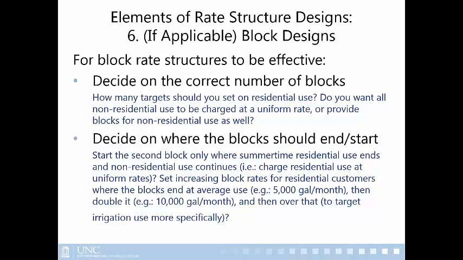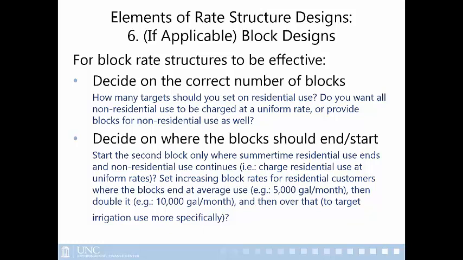So looking at the block rate structure designs, here are some of the questions that you have to consider. You need to decide on the correct number of blocks. Do you put 15 blocks for the residential customer class, or do you put 2? The more blocks you put, the more complicated your rate structure is, the more prone the data, the meter reading and the billing errors would be because you're dealing with smaller margins between blocks. And also, it might just be too much. I don't think 15, for example, is a good number.